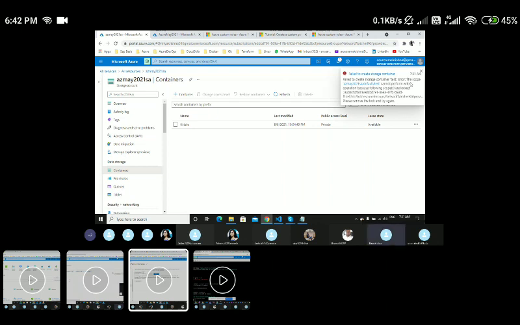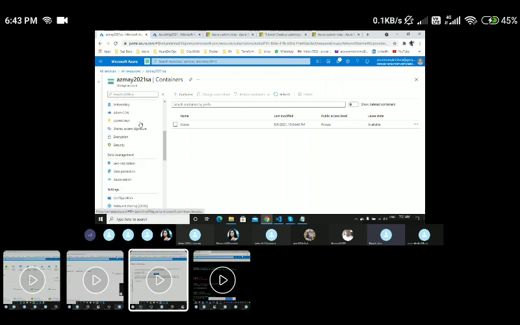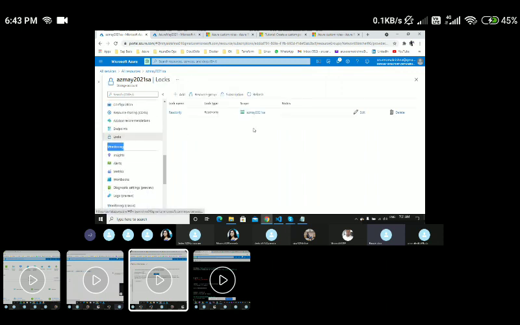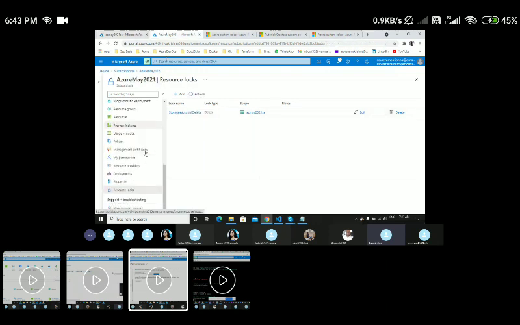You could see: cannot perform write operations because the following scopes are locked. That means I have restricted them from performing any write operations. I just kept a lock only to perform read operations. That is a lock feature we can utilize if you want to secure some of the resources. Let me delete it for now. And if you see here, yeah, I'm able to delete. So this is something about resource lock.